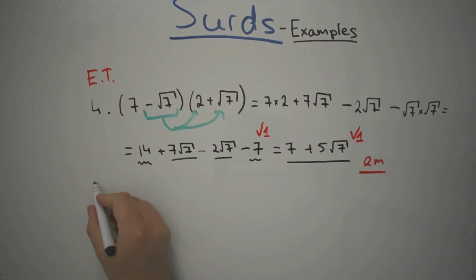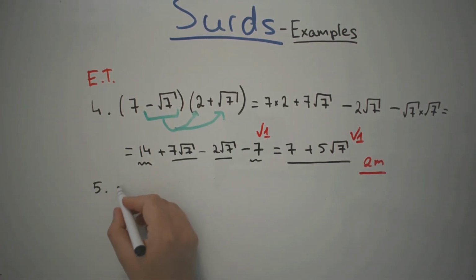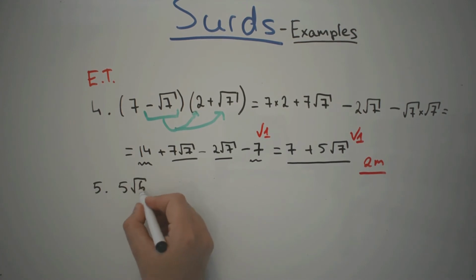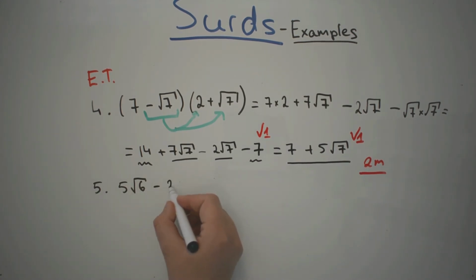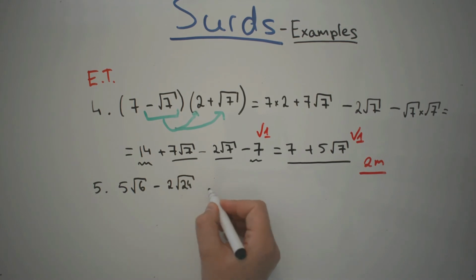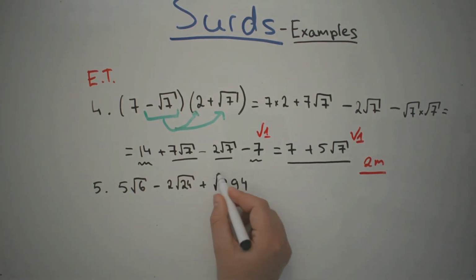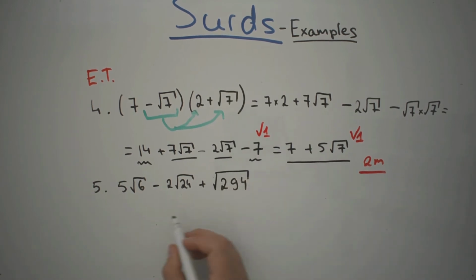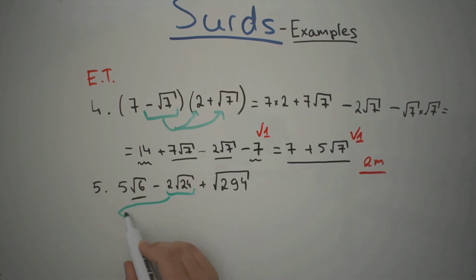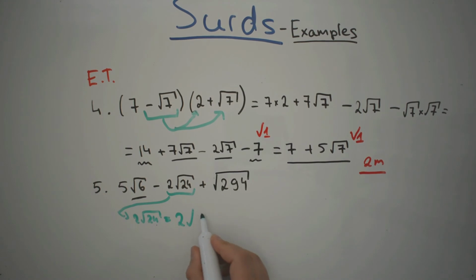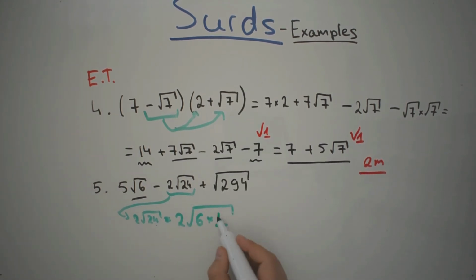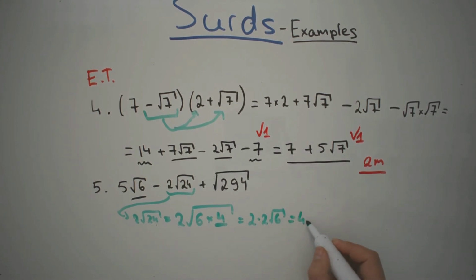And now our final example, example number 5, is going to be 5 root 6 minus 2 square root of 24, and then plus square root of 294. You might look at it and straight away think, oh no, it's a really big number, but still it's the same principle. Okay, they all have to have a common square root, which will be 6 in this case. Okay, so 24 divided by 6 is going to be 4. So it splits into square root of 6 and square root of 4, and our final answer